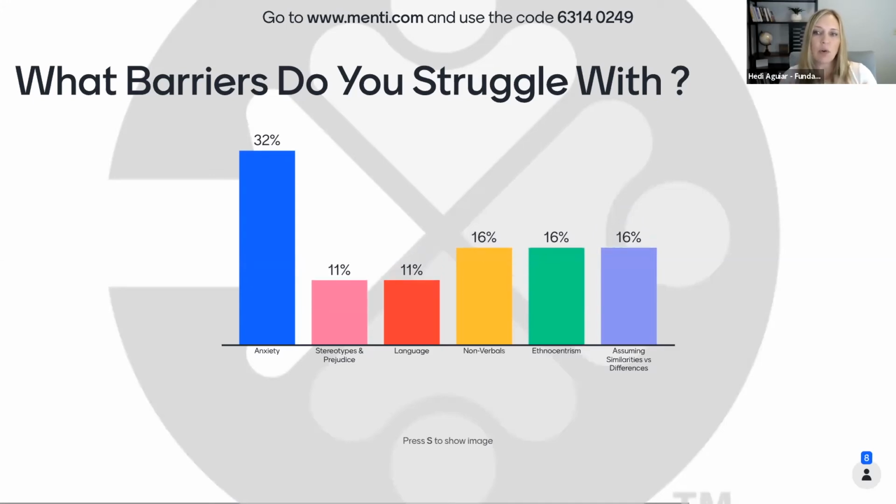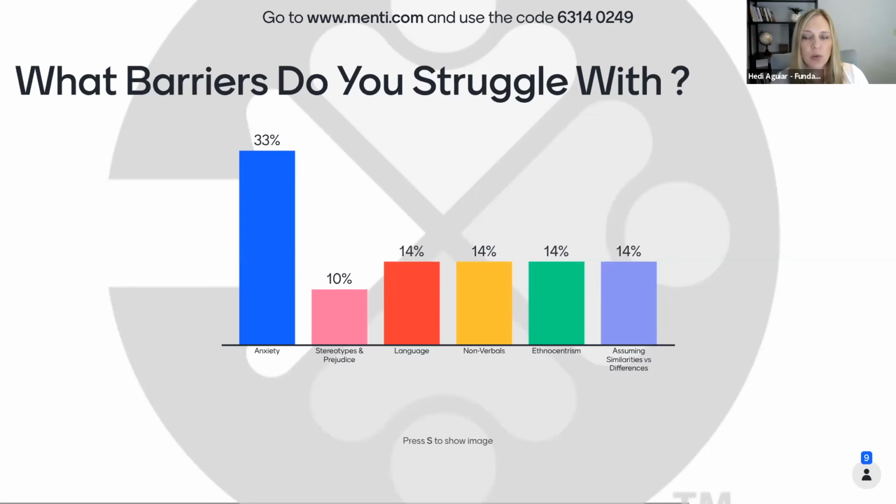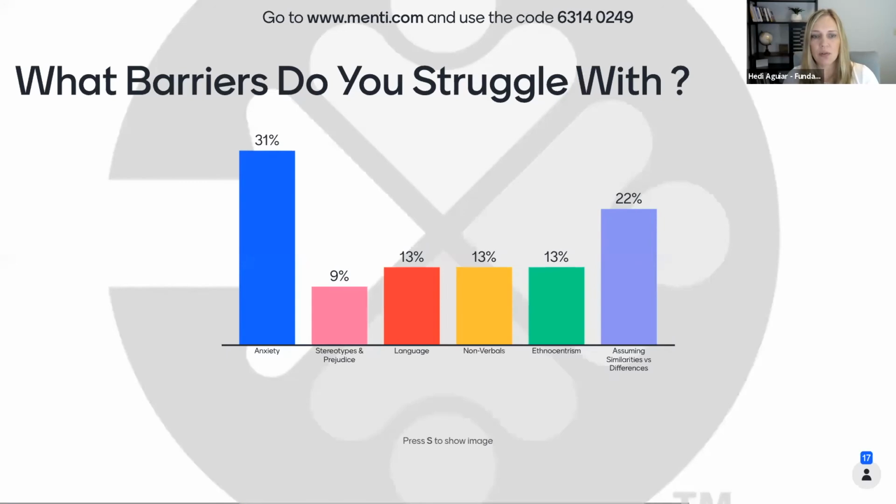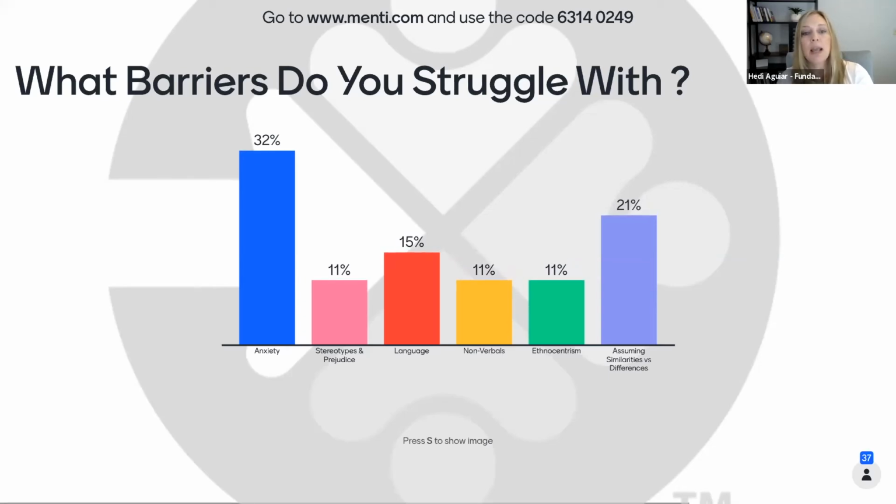Now, as you're voting here, I encourage you to pick one of these barriers that you identified for yourself. Pick one and work on that one first, because it can be very overwhelming if you think, oh man, I have a little bit of all of these, or I might have two and they are so big. Take one of them and work on that one first, and start exploring what antidotes would work for you. Dig a little bit deeper, do a little bit of research on that, and then practice that. And once you feel like, okay, I have a better handle on this, then maybe start working on the next barrier,